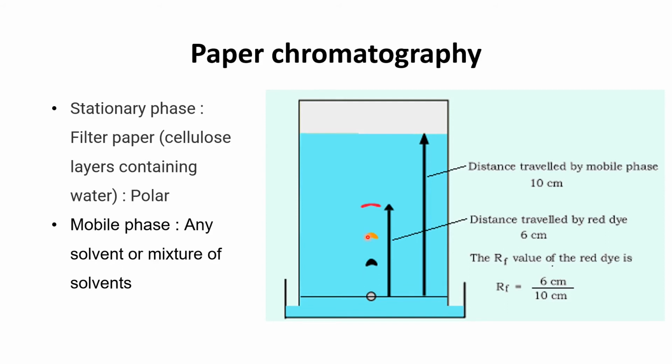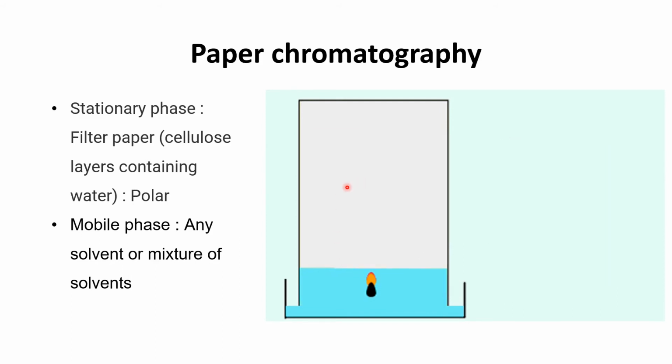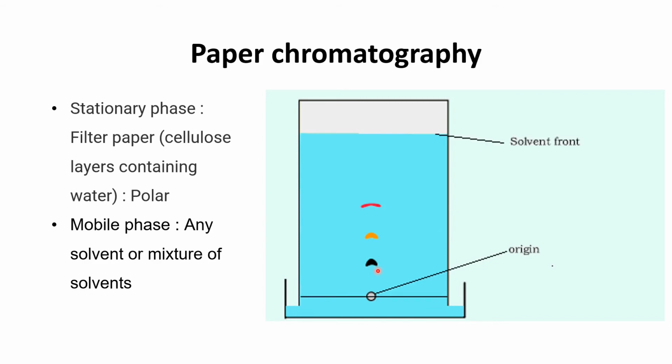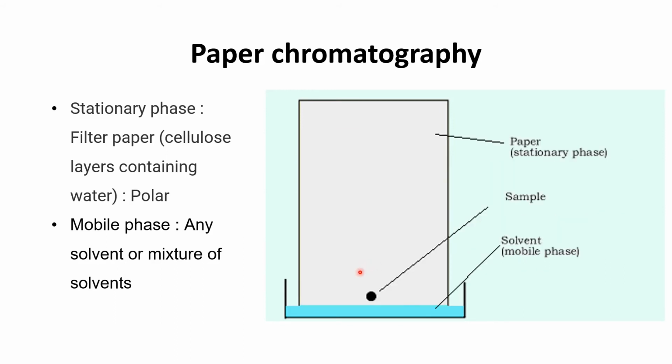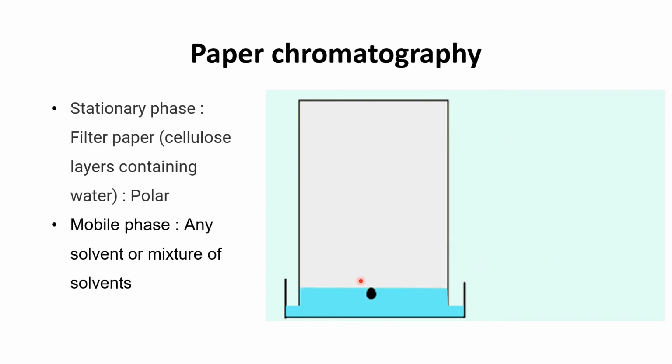separated into its components. But why does it get separated? This is because of their difference in polarities. The component which is the most polar will move slowly on the filter paper because of the polarity of the stationary phase. As polar compounds have more affinity for polar compounds, that is why it will try to bind the component which has the highest polarity, and the other 2 components have lesser polarity.